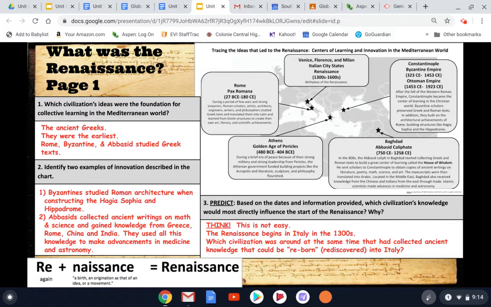Those people who had spent hundreds of years not doing a lot of learning and progressing. They'd gone through the manor system, being isolated on their own little communities. The only education was in the clergy and the priests. Not a lot of people had access to books and knowledge and progress of the ancient times. So think about that for a moment. On the next page, we'll reveal our answer, and you guys can come back and change yours if you don't have it right.